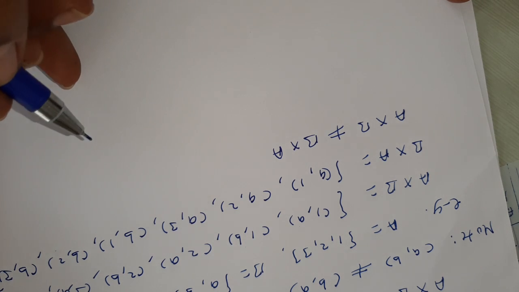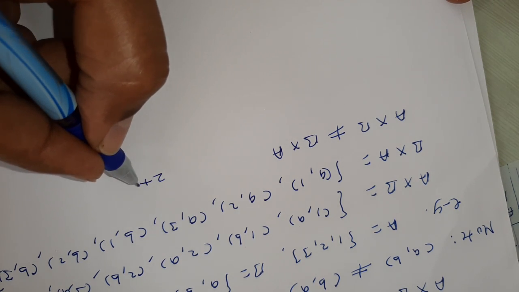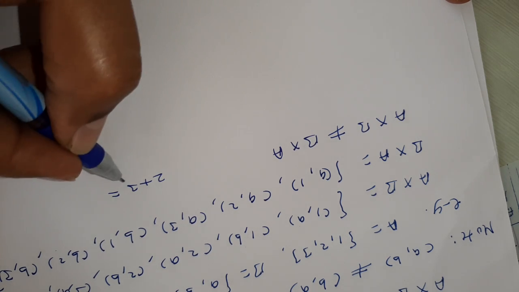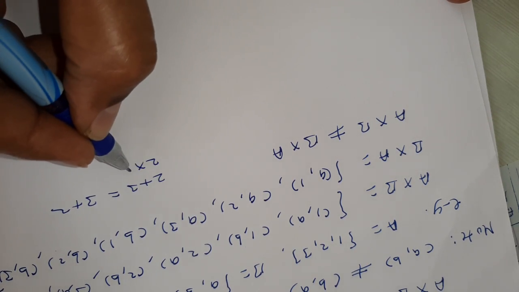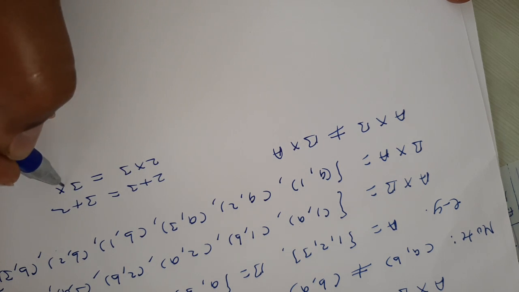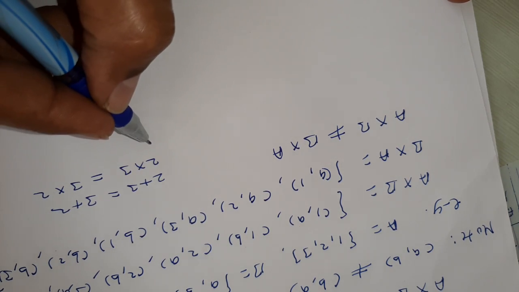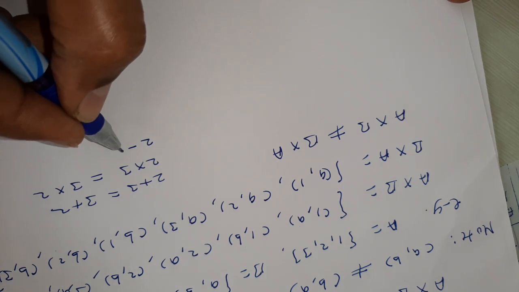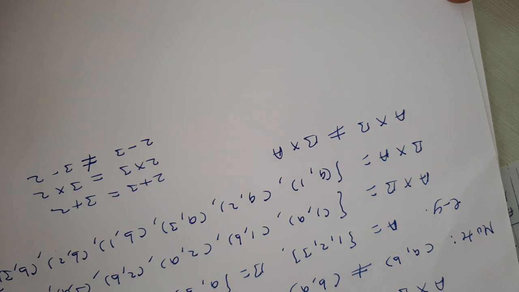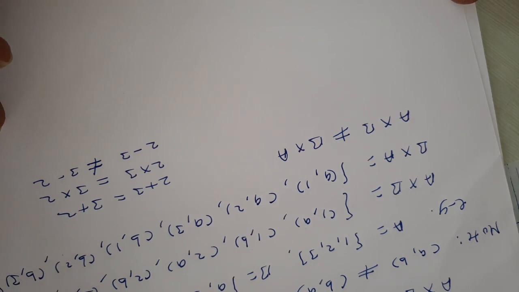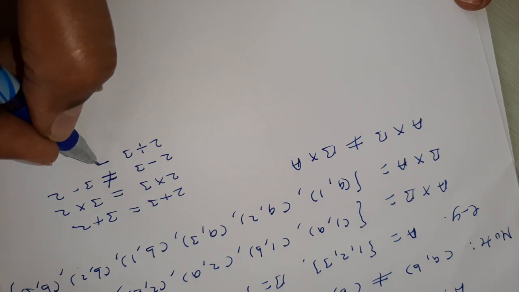When we say an operation is commutative, for example, addition is commutative because 2 plus 3 and 3 plus 2 are both 5. Multiplication is also commutative, that is, 2 into 3 and 3 into 2 are both 6, that is, they are equal. But subtraction is not commutative because 2 minus 3 and 3 minus 2 are not equal. Similarly, 2 by 3 and 3 by